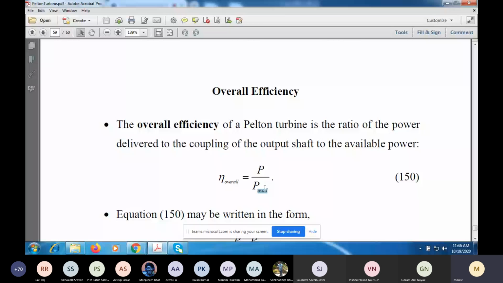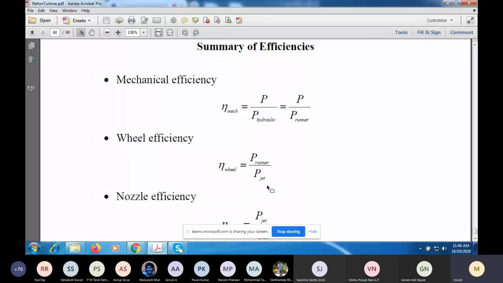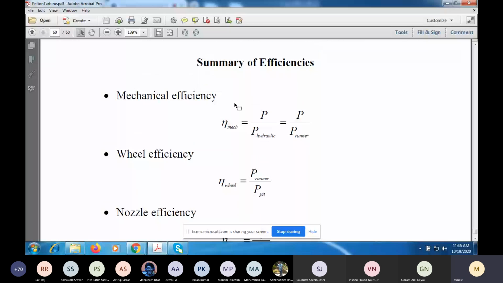Now we have defined so many efficiencies. So I've given you a ready checklist here where I've given you a summary of the definitions of all the efficiencies. So at a glance you can see. So let me go through it again. If you want to find